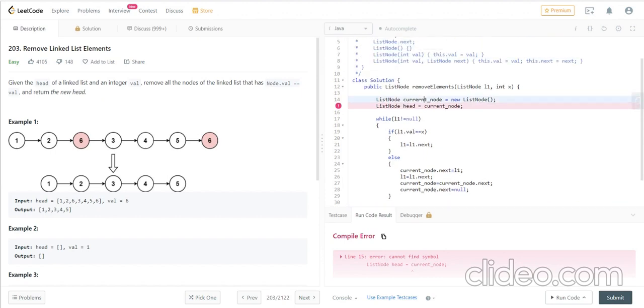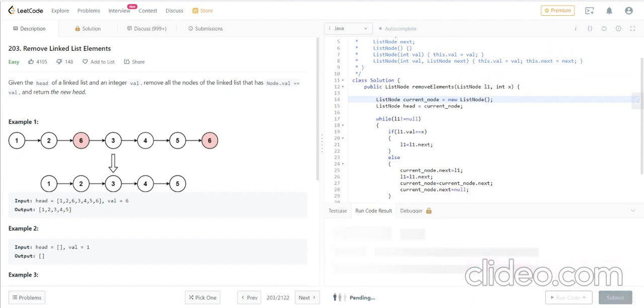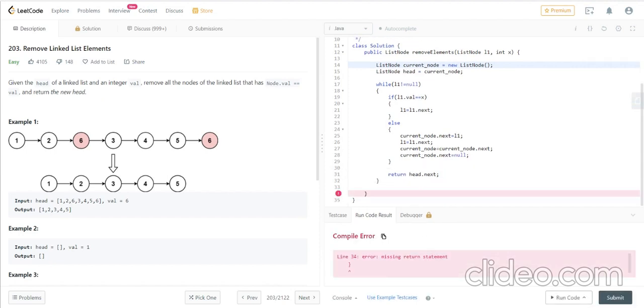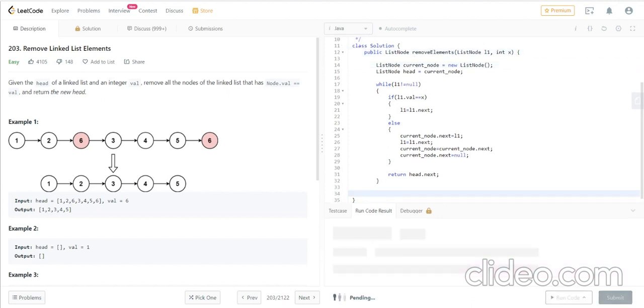Okay, we misspelled it. Current node. It should give no error now. Okay, error: missing return statement. I think I used one more. Okay, just remove it and let's run it again.